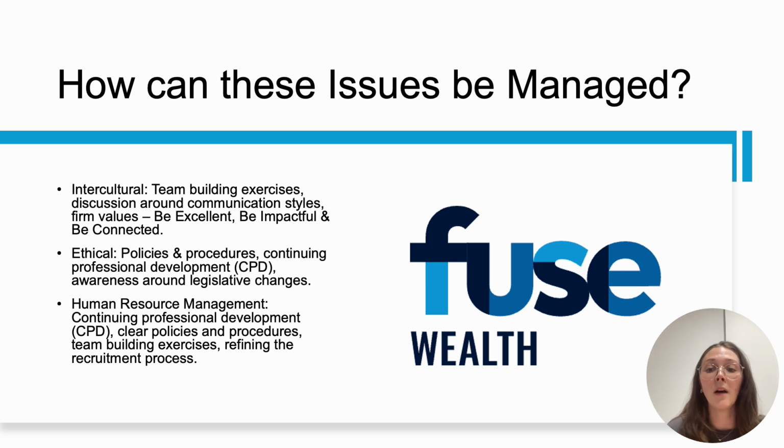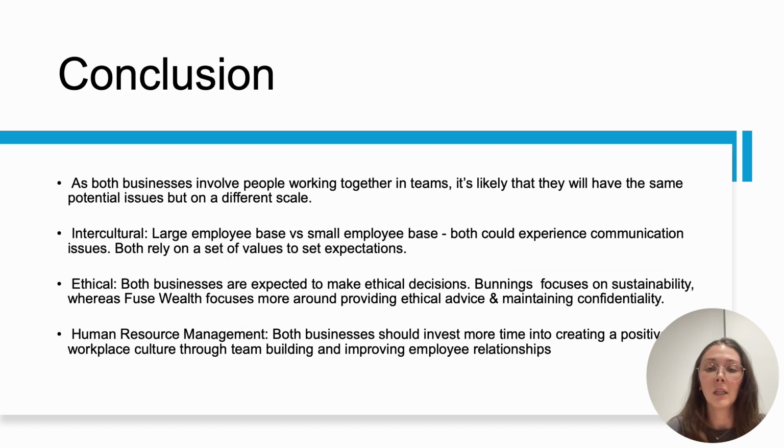The HR issue of having adequately trained staff can also be managed by completing the relevant CPD. Another way this can be managed is by refining the recruitment process so that the best candidates are selected for the job. To finish up the presentation, it's important to note that although the businesses are completely different in the services that they offer and their size,